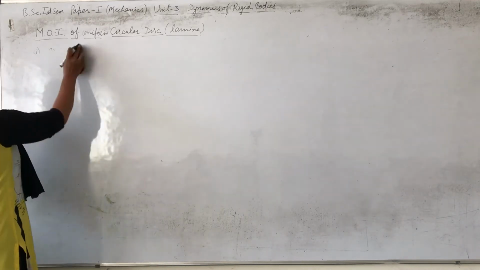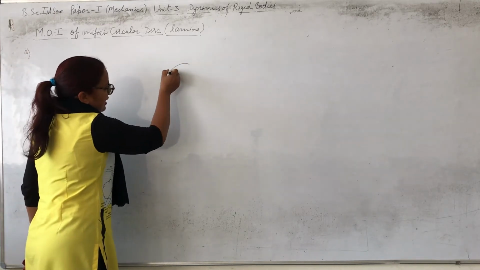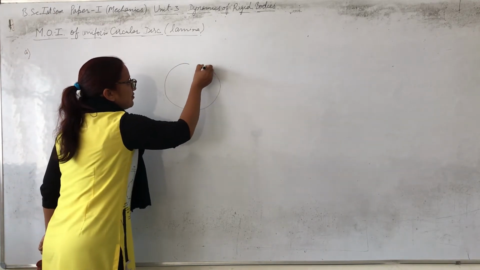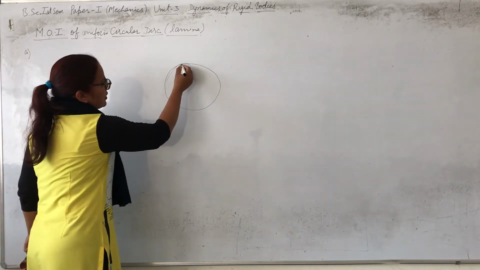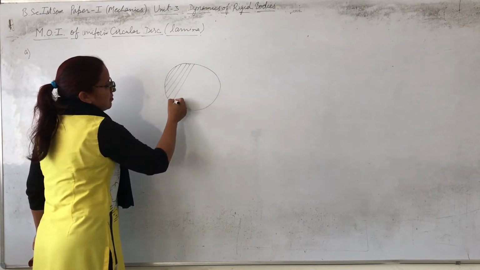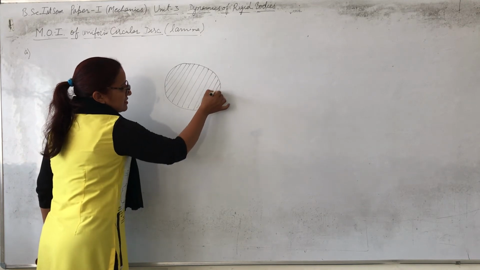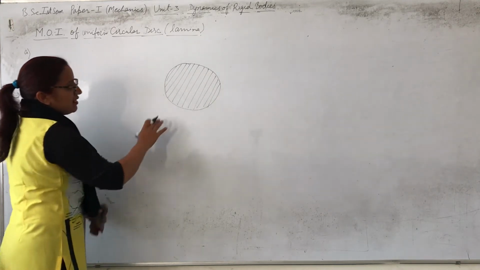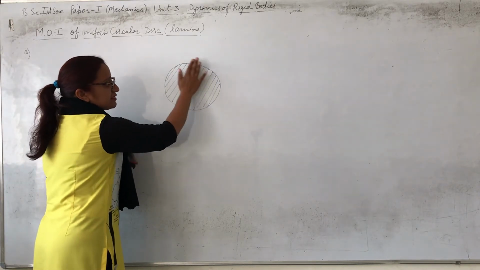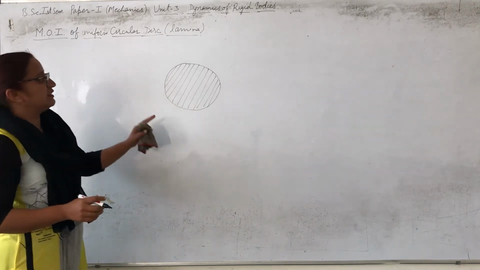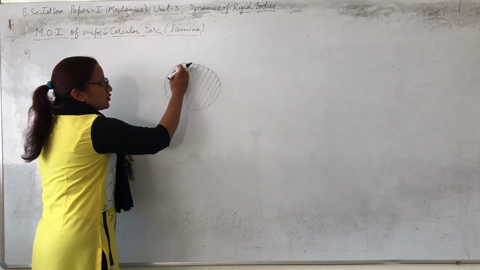Now how this problem is different than the previous one, let us see that. That was the ring and the mass was placed over the circumference, and in case of circular disc the mass is over the entire structure, means the mass is distributed over the plane, this circular plane. So we can say this is a circular lamina. Now mass is not placed over the circumference, it is over the entire surface. This we mean by circular disc. In the earlier article it was placed only on the circumference, it was not here.